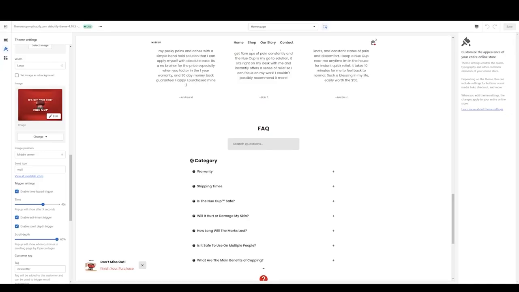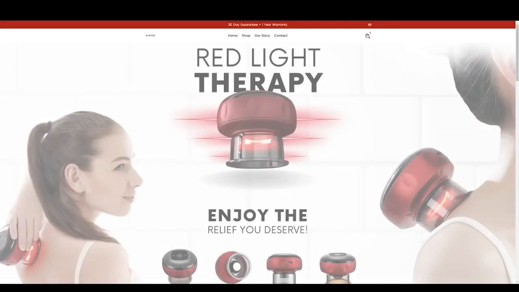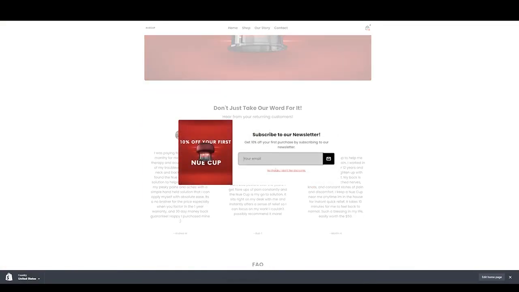So the way you can test it is by loading up the site on desktop like this. You can go hit view, and it has the scroll feature, 60% scroll. It'll pop up so you can see, ooh, it looks good there, but you see it's a square. But then you go on mobile and it looks completely different. So you want to get the website loaded up on your phone and make sure that your image looks